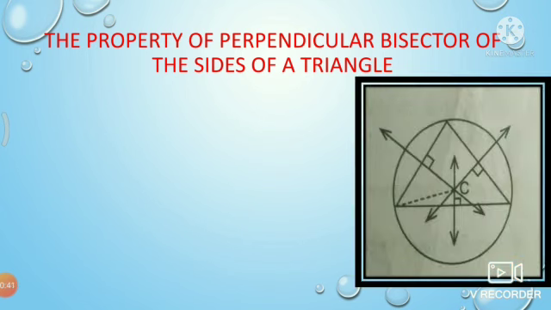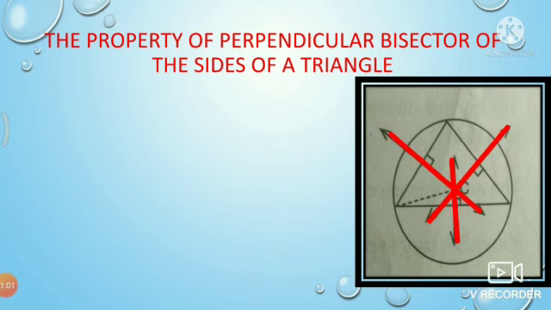Now see, this is your figure. In this figure, three bisectors are given. All the three bisectors are congruent with each other. When you construct a perpendicular bisector in your triangle, you will get three bisectors. So here all the three bisectors are congruent.